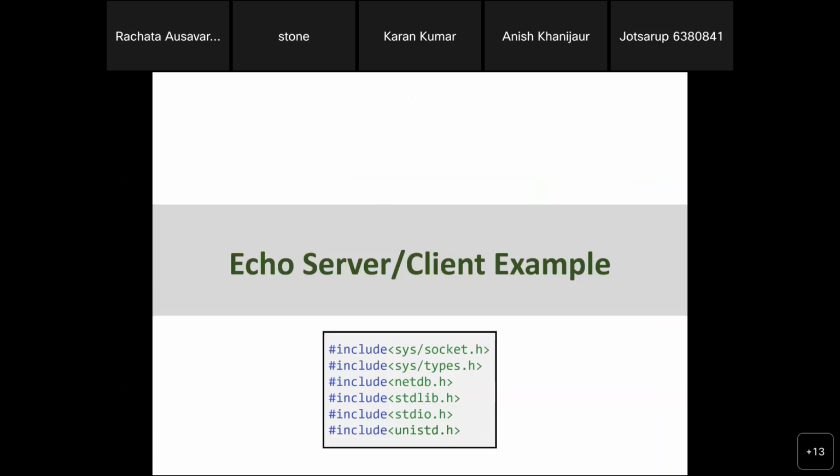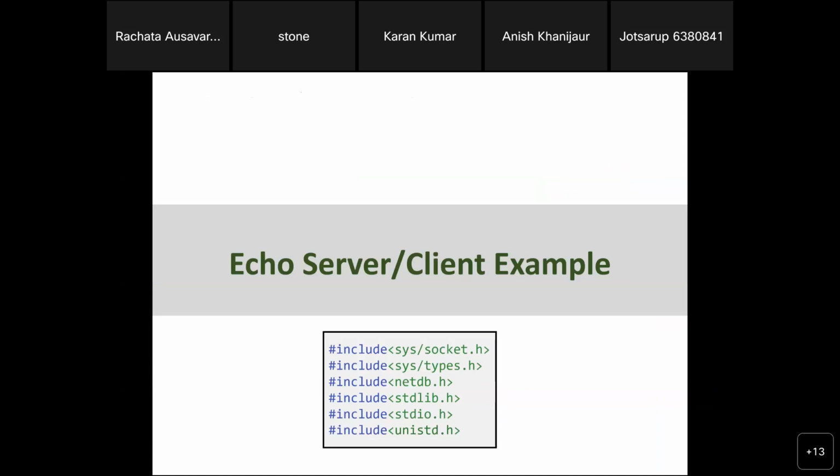Okay, so we will quickly go over the server client example. We will not have enough time to explain everything. So what I would recommend is check out Ajahn Kanat's GitHub, the link from earlier, because they have the examples for all the classes. You can try it out. What we are trying to do here is an echo server. The client sends something, the server gets it, and replies the same thing back.